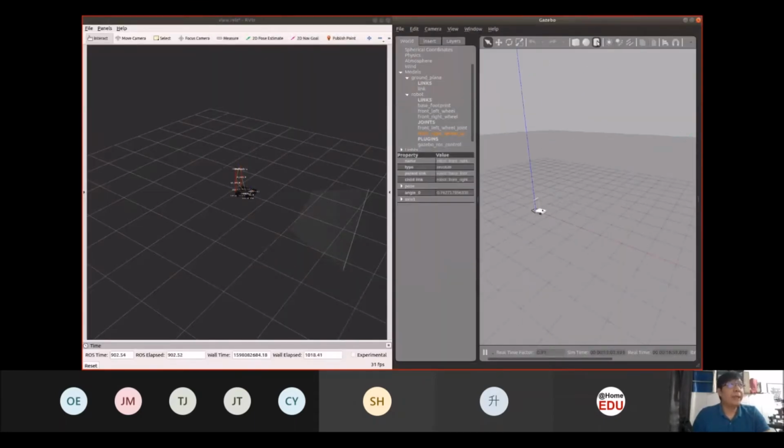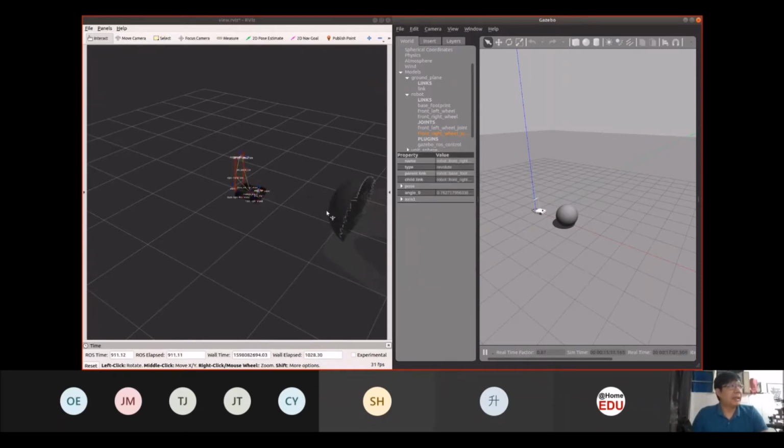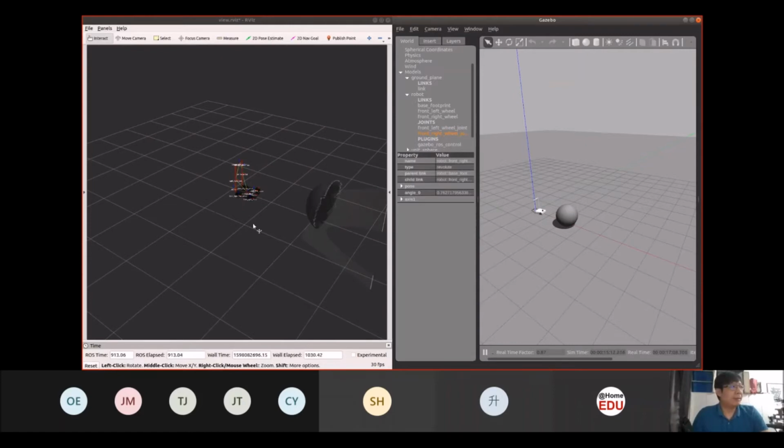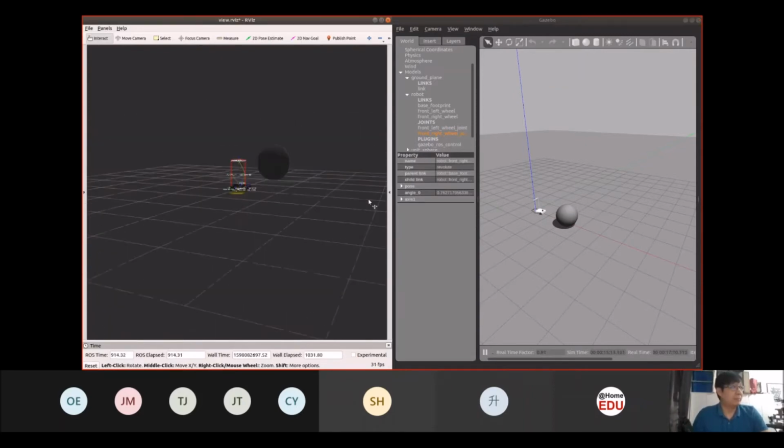So you can see a robot over here. If I put a sphere over here, you can see that it's reflected in this depth map. This is a depth view by the robot through ROS.